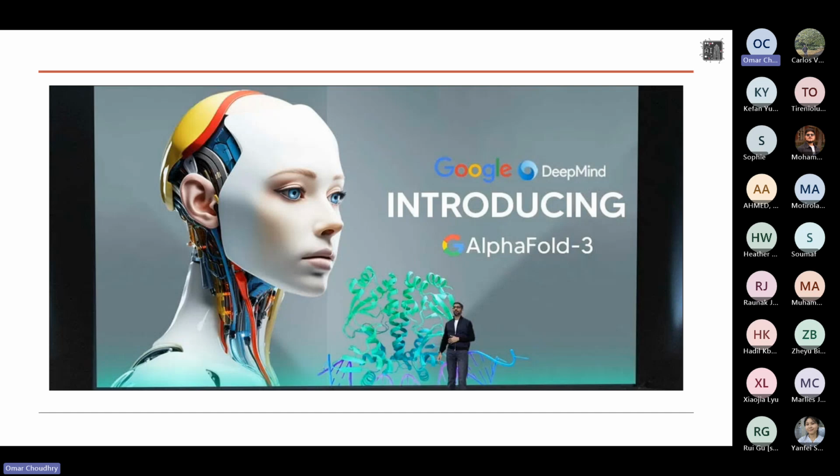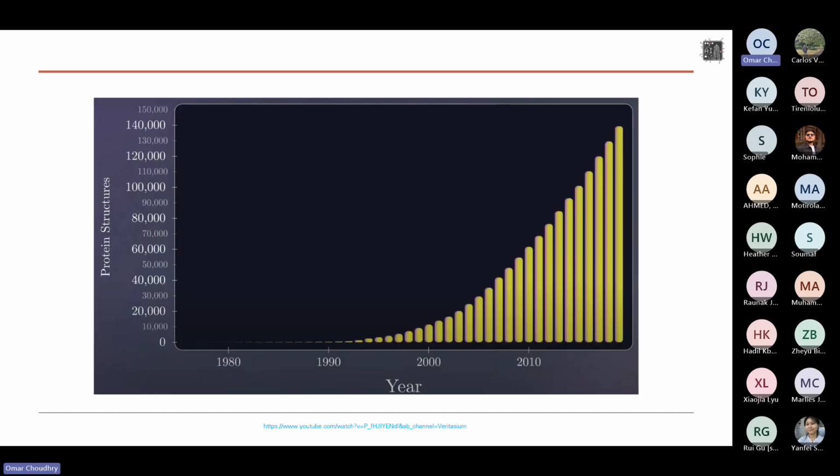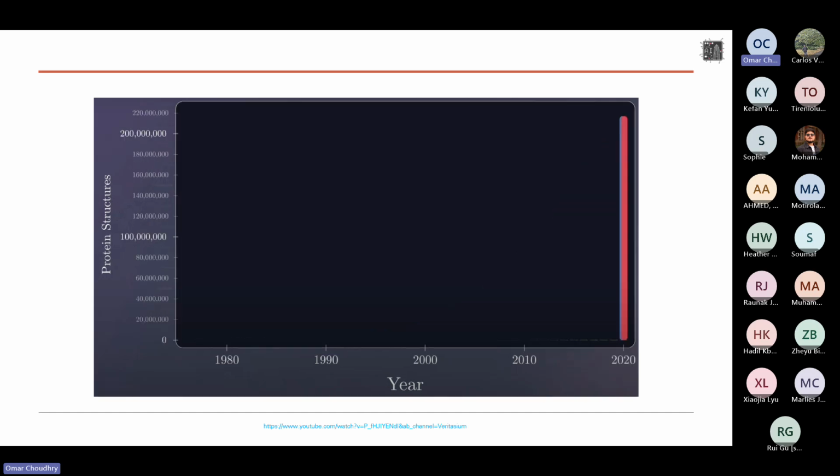So this is an AI application that was developed by Google. And essentially for a long period of time, when it came to how many proteins we could develop, right? So looking at the different sequences of amino acids, right? It took us decades and we could barely get 150,000. And with AI, we were able to solve hundreds of millions in just a few months. And AI is really powerful.